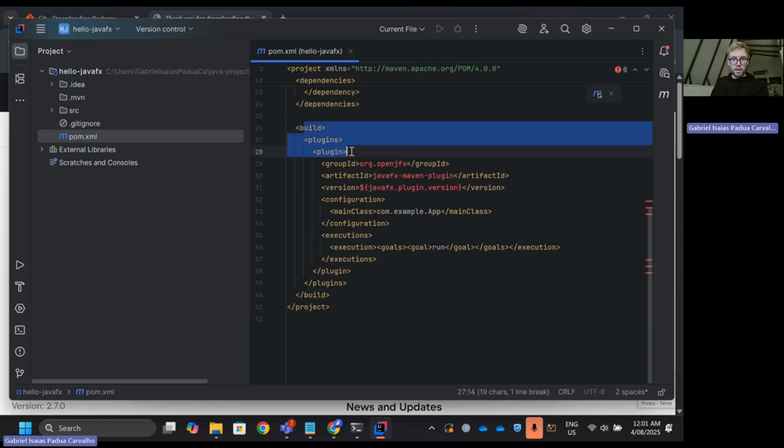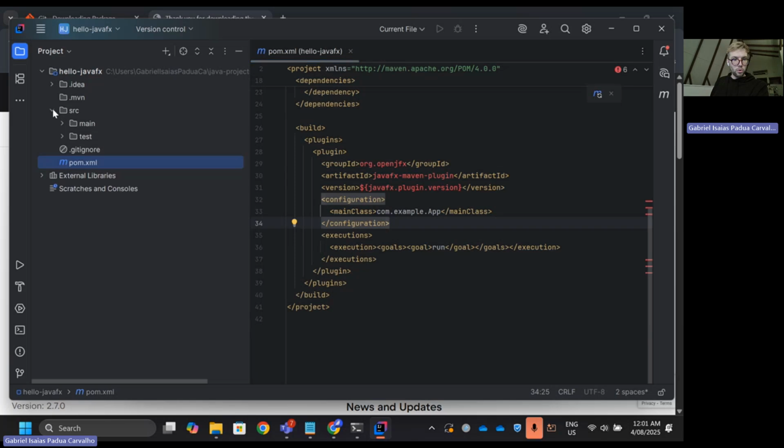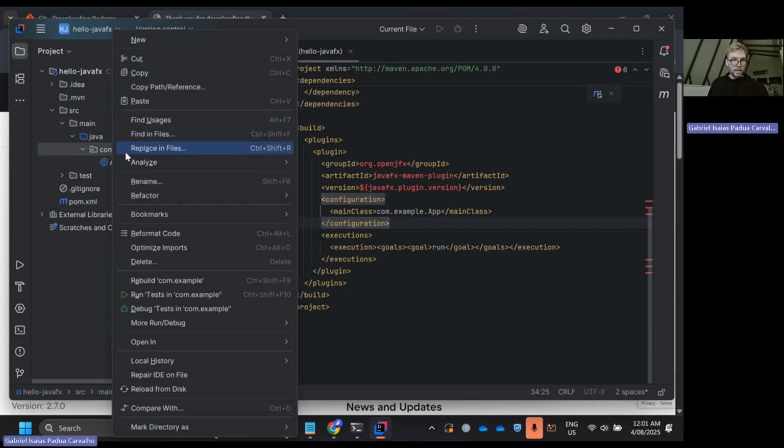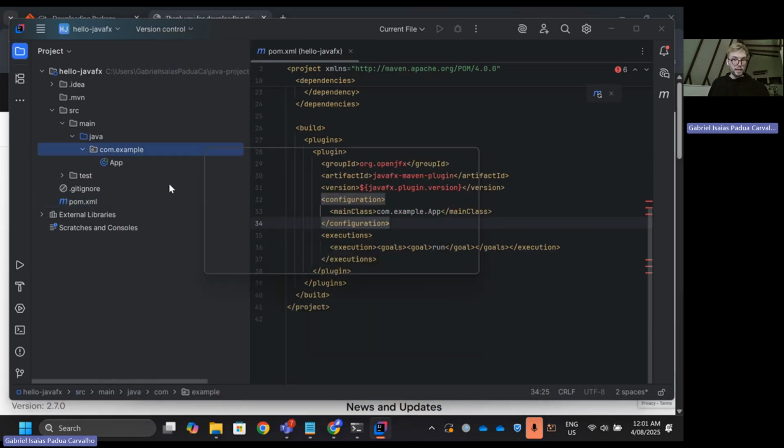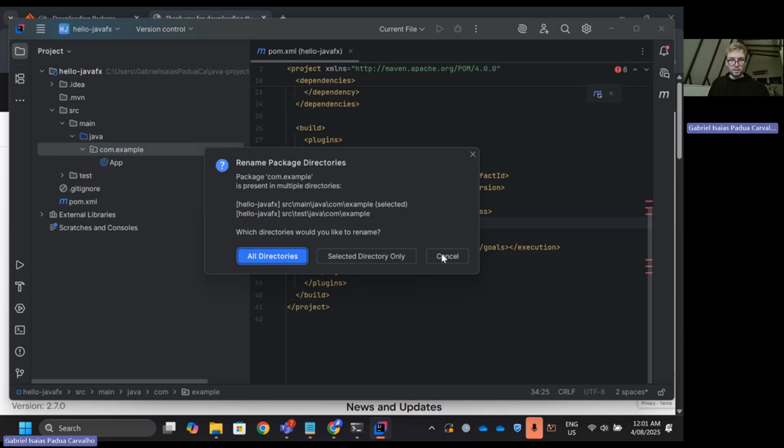So here are the plugins that I set up for you guys. JavaFX Maven plugin. Here it is getting the version automatically. com.example.App. This is important. That's the main class for our Java. Let's check what it is in src/main/java/com/example/App. Excellent, excellent. That is what we want. If it was not like that, let's say it,